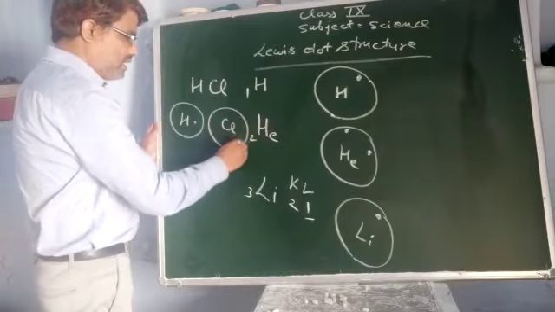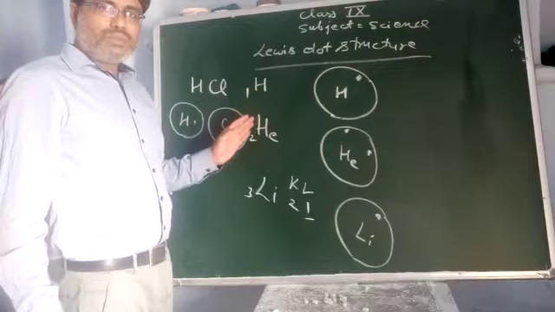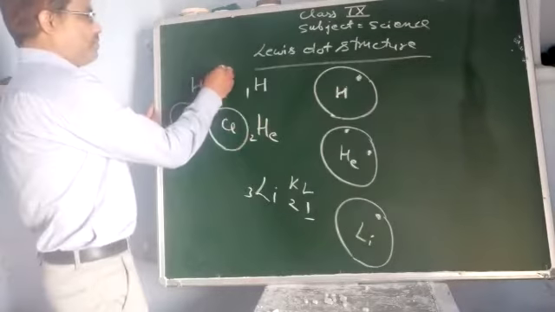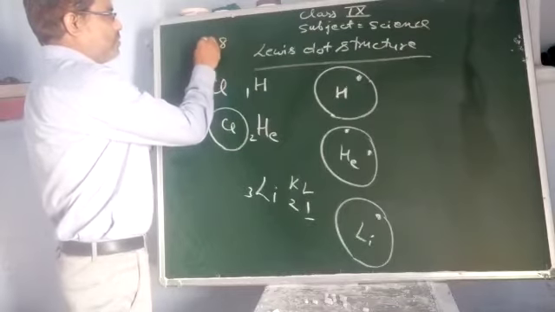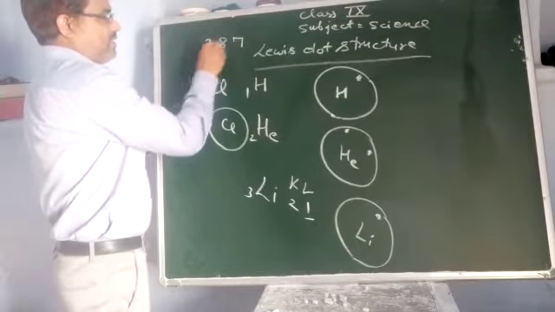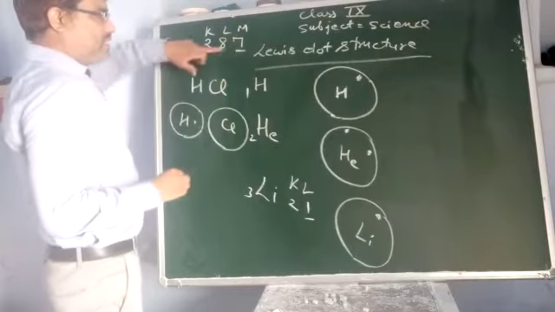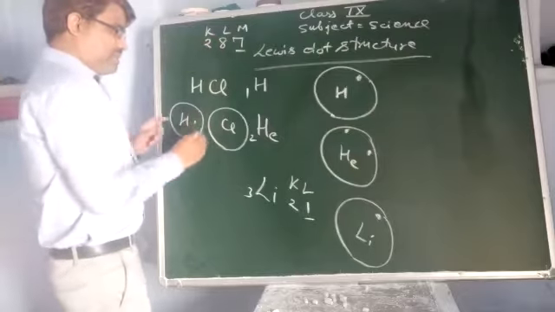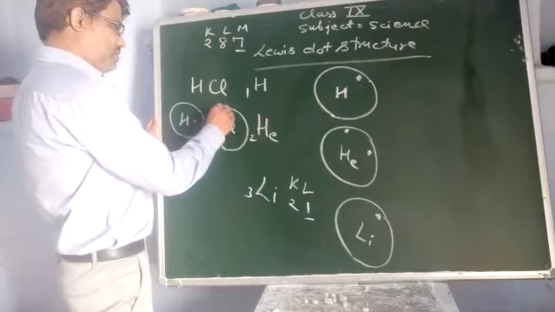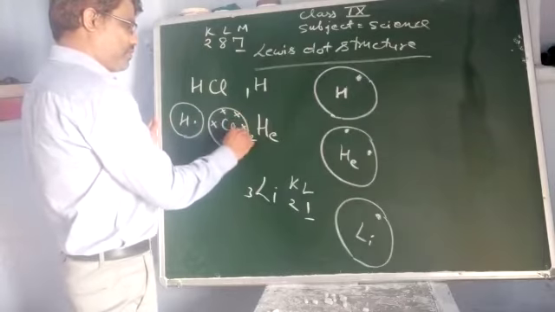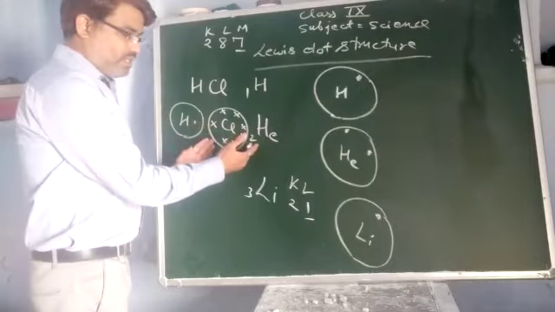if you see the electronic configuration, the atomic number is 17, so there are 17 electrons. How can you fill the electronic configuration for chlorine? That is 2, 8, 7 in K, L and M. So in the outermost shell, we have only 7 electrons. How can we draw? I am just representing the electrons by crosses for chlorine. So 1, 2, 3, 4, 5, 6 and 7. So that is the Lewis dot structure of chlorine.